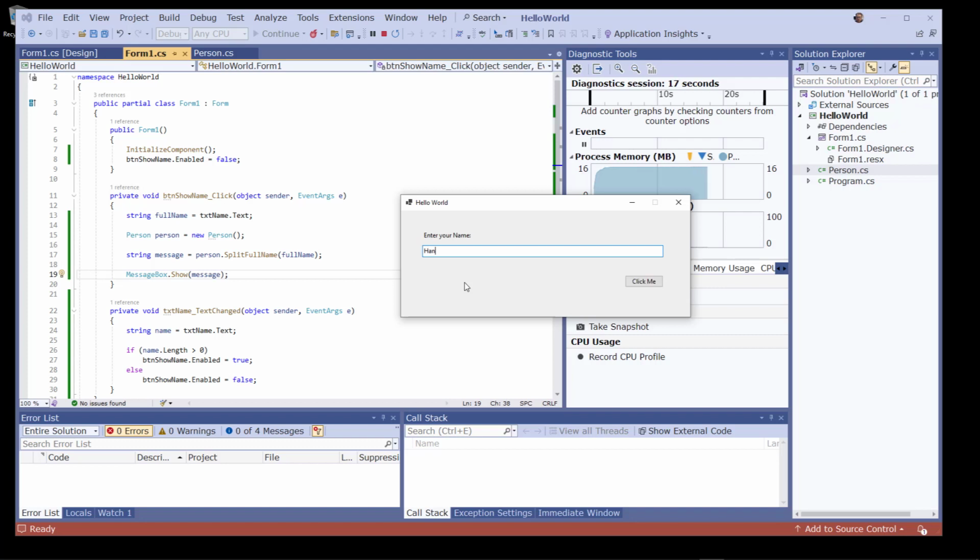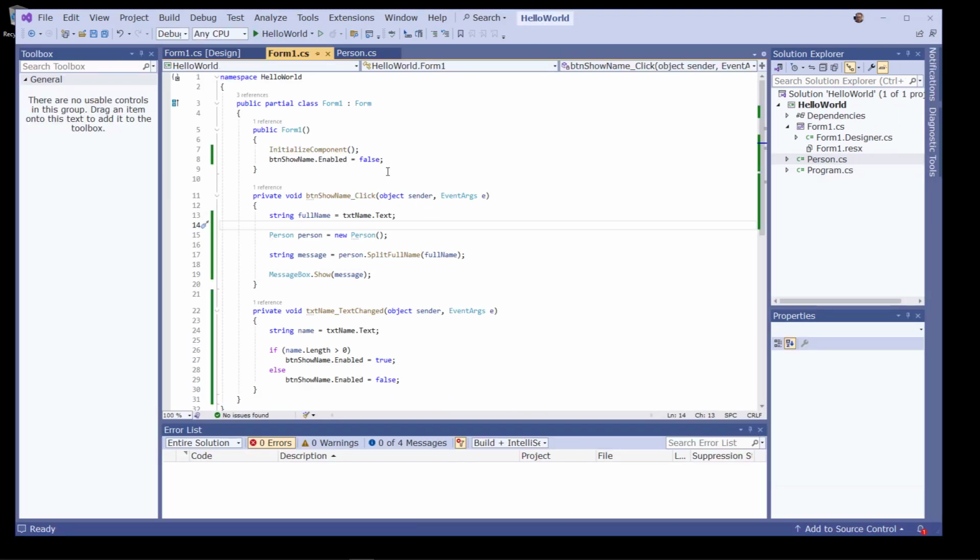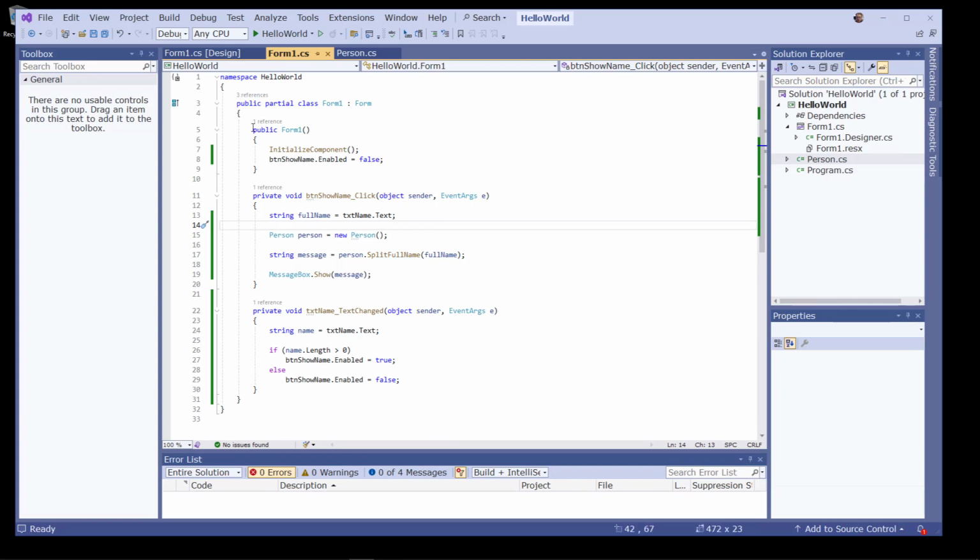So just make sure to test the application to verify it works in the same manner. So here I specify name, I click on this button, and then I separate into first name and last name like this. So basically that's all. And here you see the entire code for your application. So this is the show name click event,